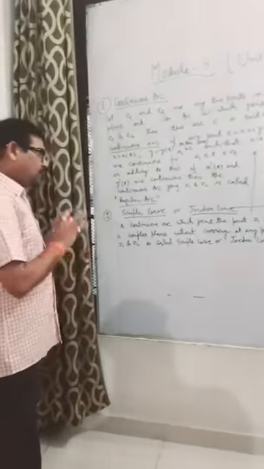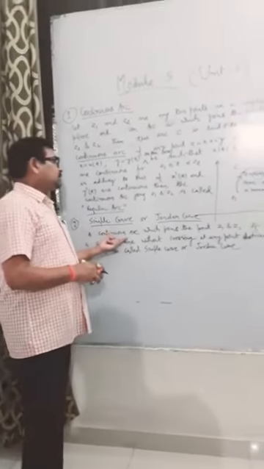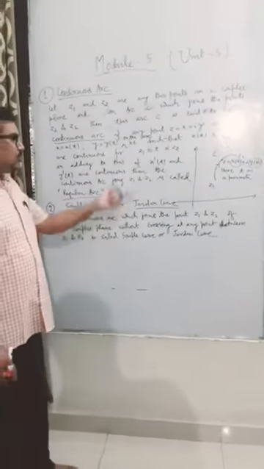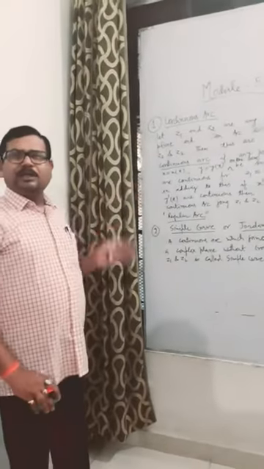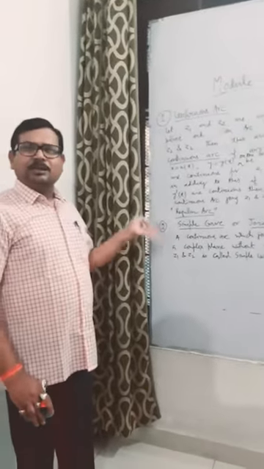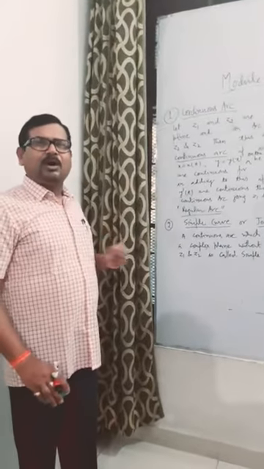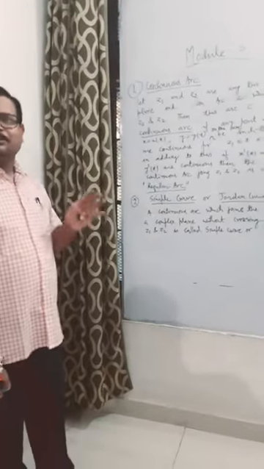A simple curve or Jordan curve is nothing but a continuous arc joining any 2 points Z1 and Z2 in the complex plane without crossing itself in between. Then that continuous arc is known as a simple curve, or we can say a Jordan curve. Simple curve and Jordan curve are the same.